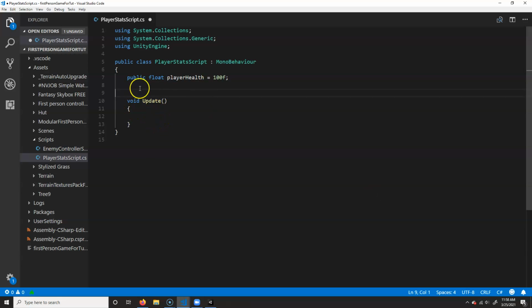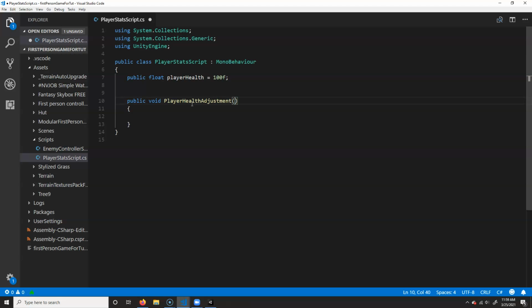All right. And then we're just going to put a function in here that can be called to either add health or remove health. And so what we're going to do is we're going to eventually have the enemy call this function we're going to make to remove health from our player. In order for it to have access, we need to make it public. So it's going to be public void, and then we need to give it a name. Since this is already here, we'll just use this. So we'll call it player health